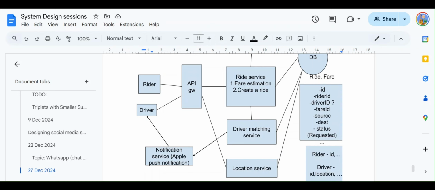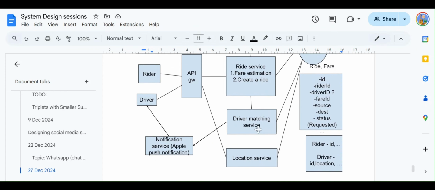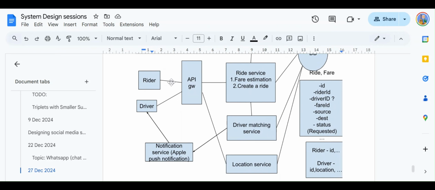Now let's say a driver matching service is getting another matching request. Let's say there are five people who are trying to book a ride. The driver matching service is going to pick a driver for one of the requests. Before sending a notification, it is first going to check whether this driver has any outstanding request or not. So one of the solutions can be that it can simply go and see the value of this lock.